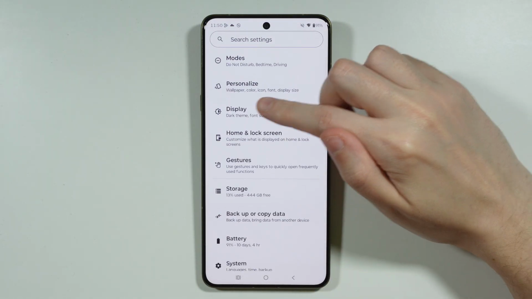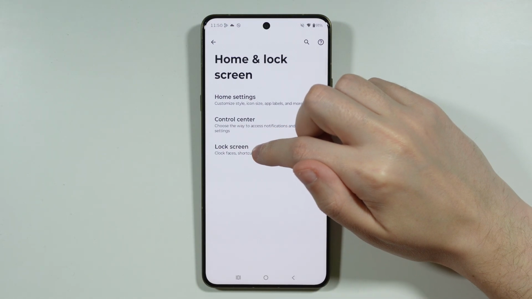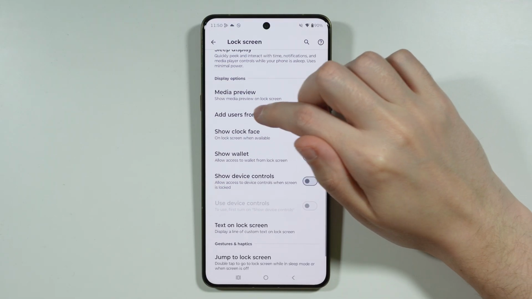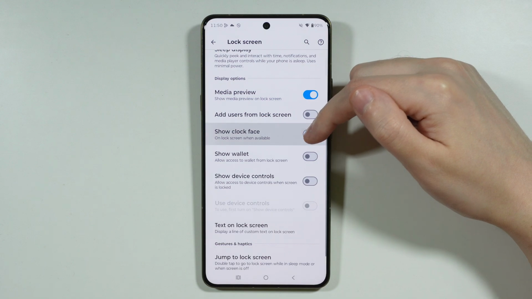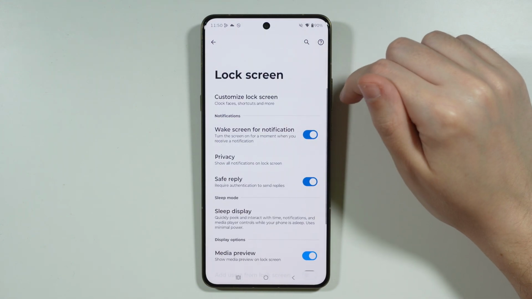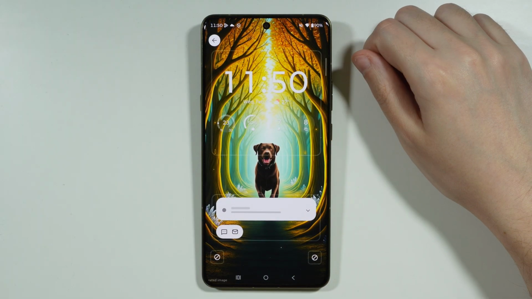Next, we're gonna go to home and lock screen, and then choose lock screen settings. Now in these lock screen settings you can find show clock face, so you want to make sure that this option is enabled. Now besides that, we're gonna scroll up over here and go to customize lock screen, and